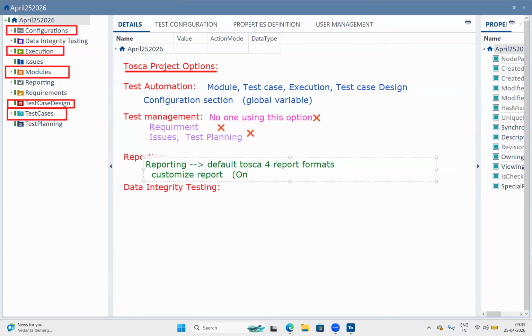It is completely a one-time activity. You may get a chance to work with this reporting part, you may not, depending upon the situation. See here, any one person will take the chance to create a customized report as per the client specifications. Okay. Is this reporting part clear?